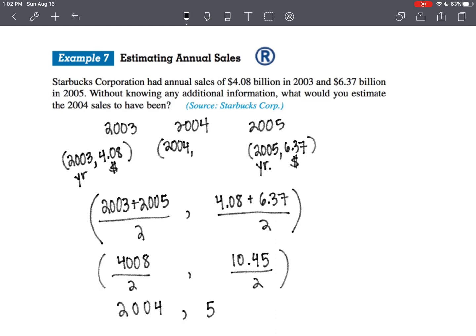I'll probably make a mistake. 5.225. I hope that's right. 5.225. So that would be approximately, I would guess, $5.225 billion in sales